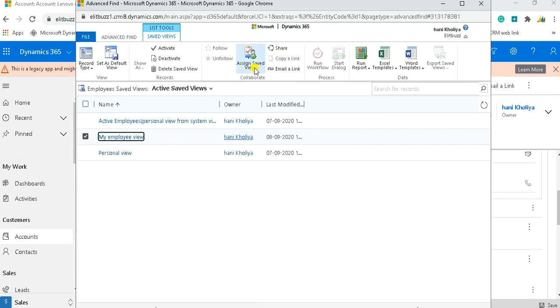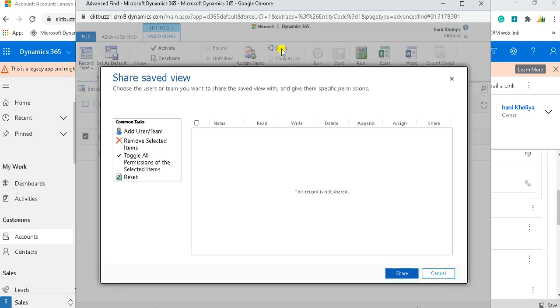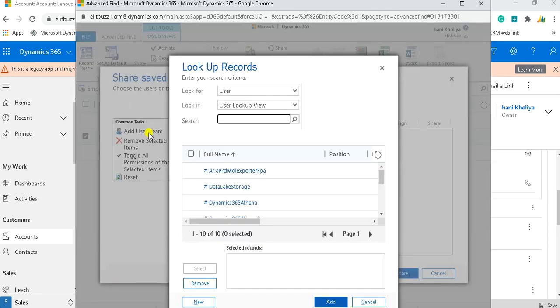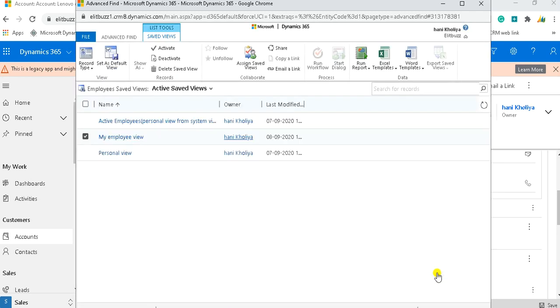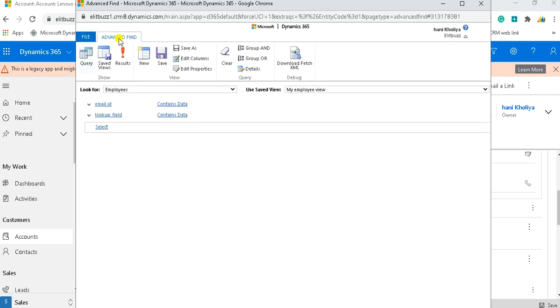Here you can see we have an Assign Saved Views option, and a Share Saved Views option is also there. Click on share. So I can add a user or team. What privileges I want to provide, write, delete, append, it depends upon me, and then I can share. So in this way I can share a personal view with the help of advanced find.